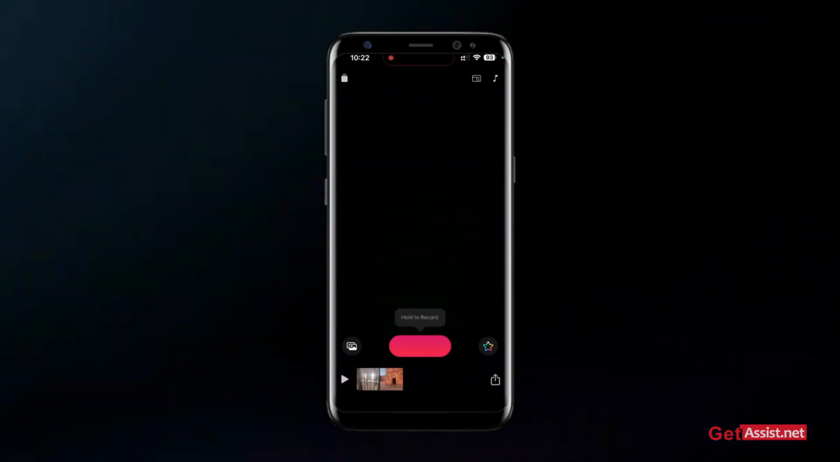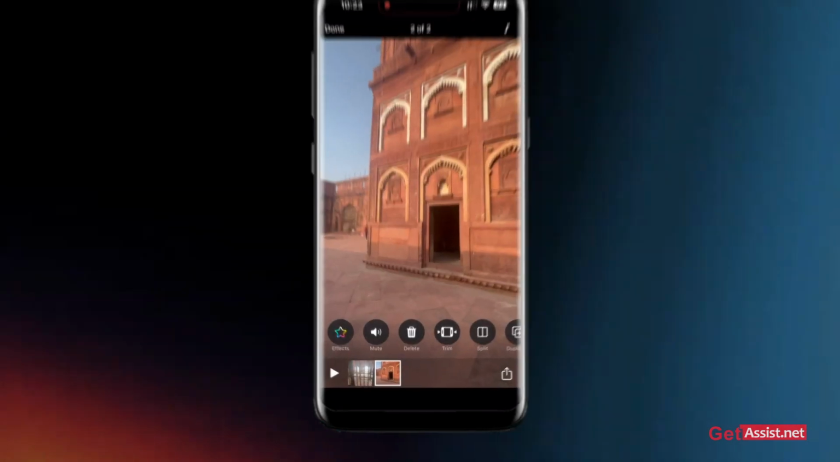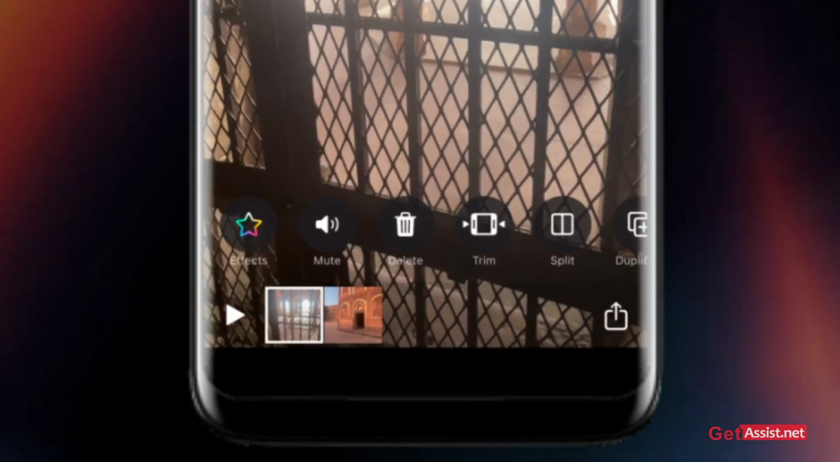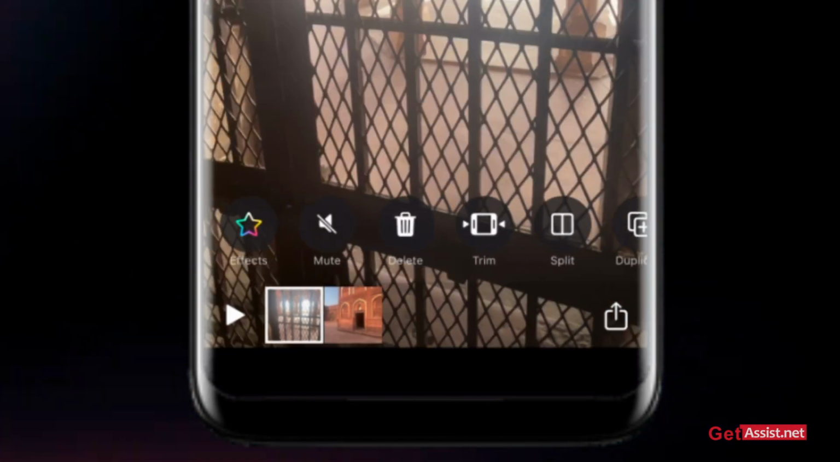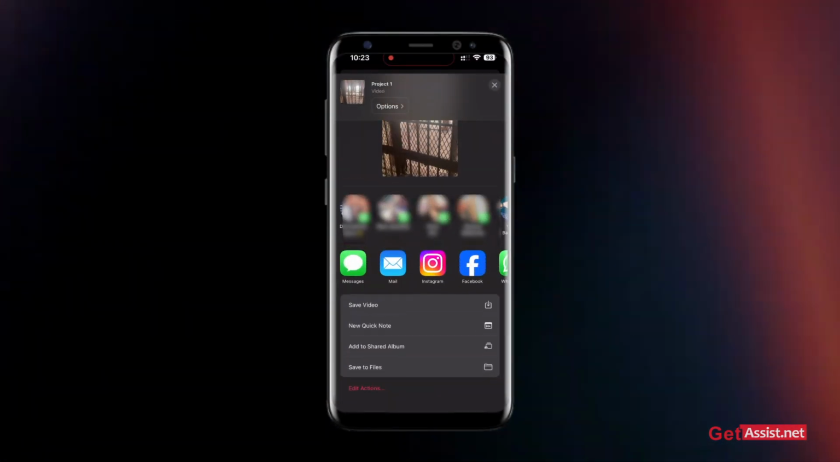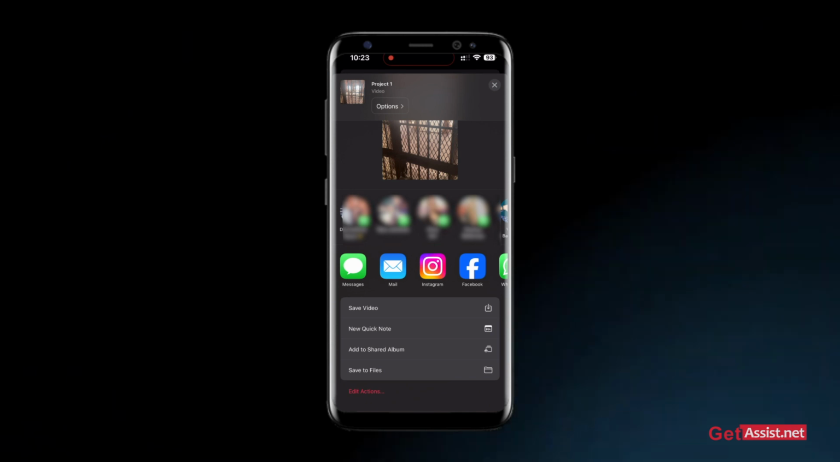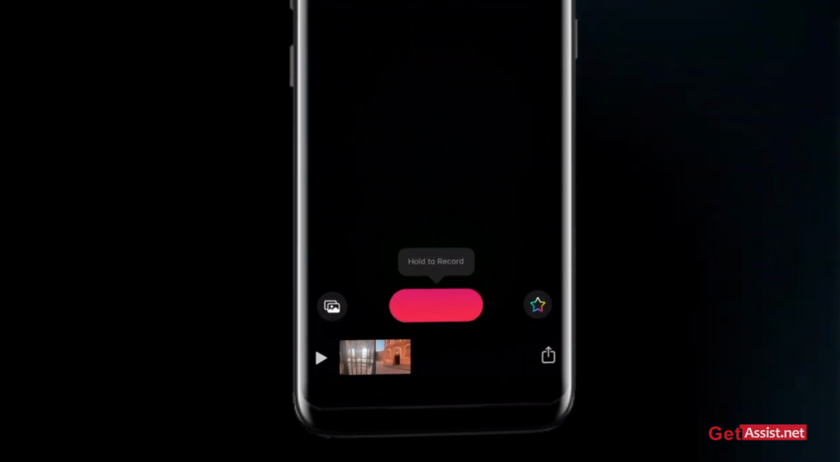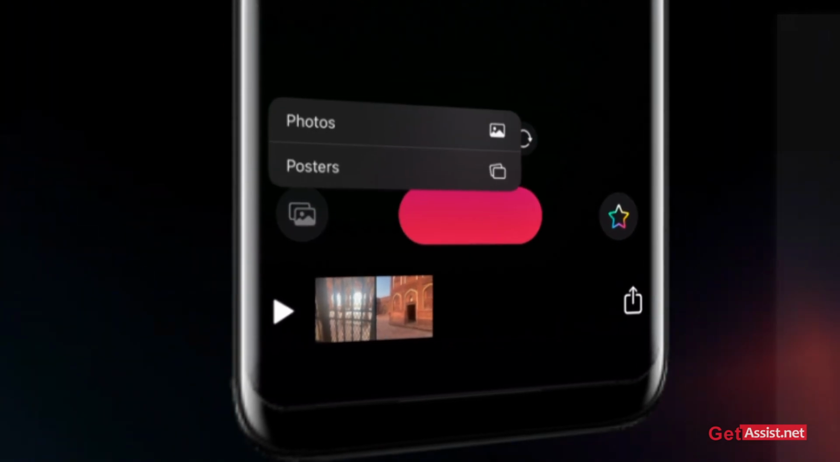By tapping on the individual clip, you can also do basic editing such as muting the clip, trimming, splitting, duplicate and many more things. And by tapping on the download button, you can easily share or save your video using this application. You can also do many more things like add videos or photos to an ongoing project by again tapping on the